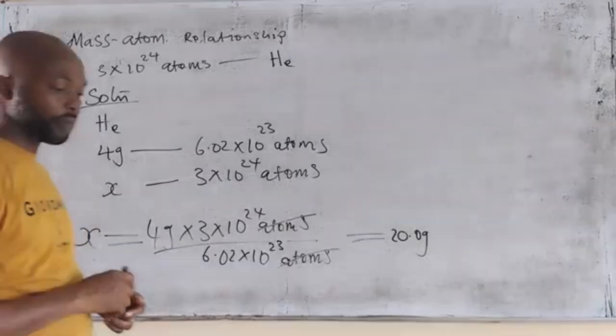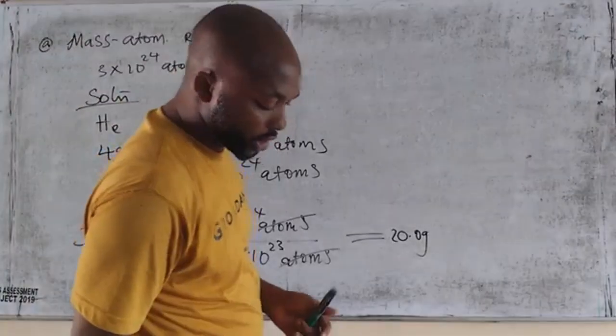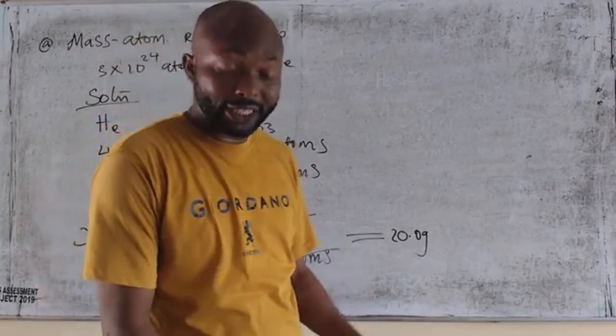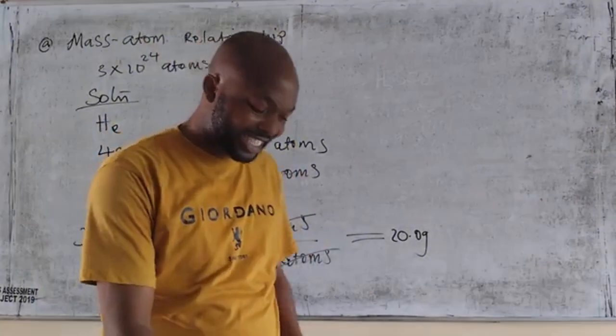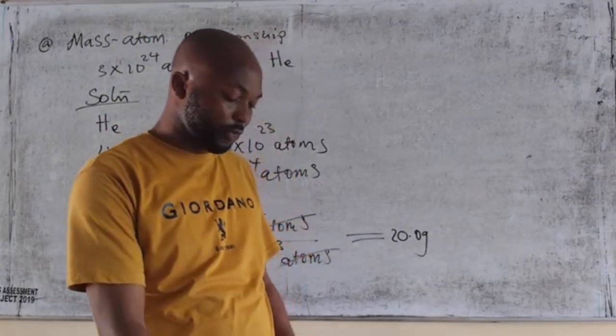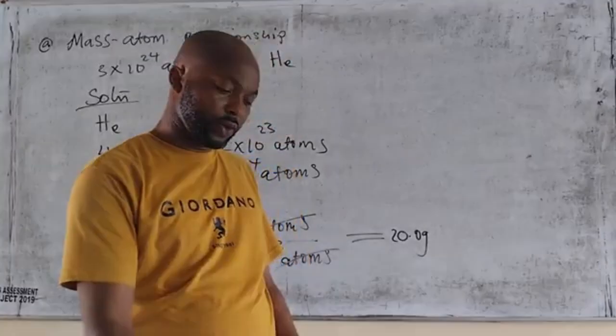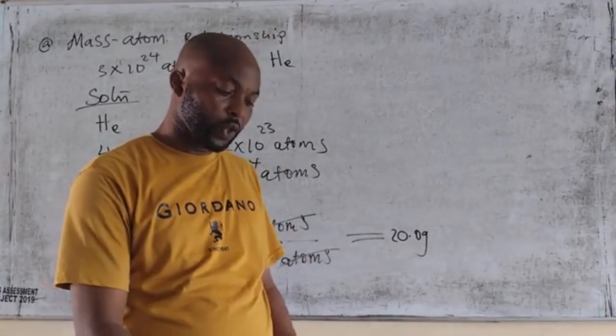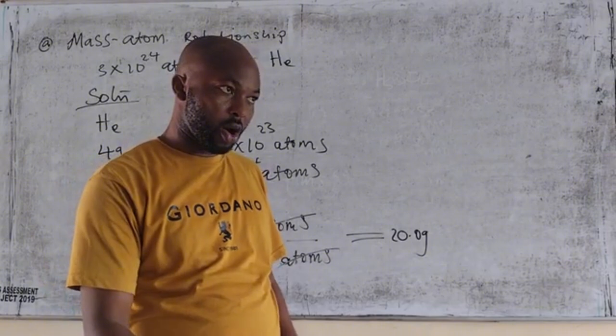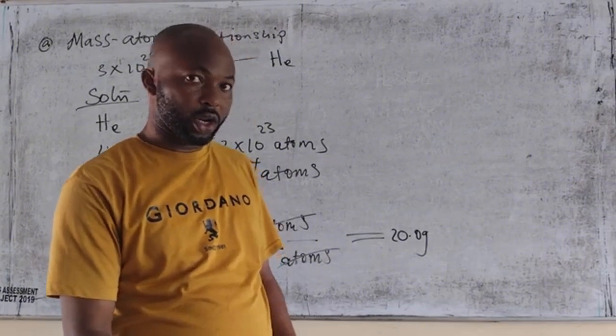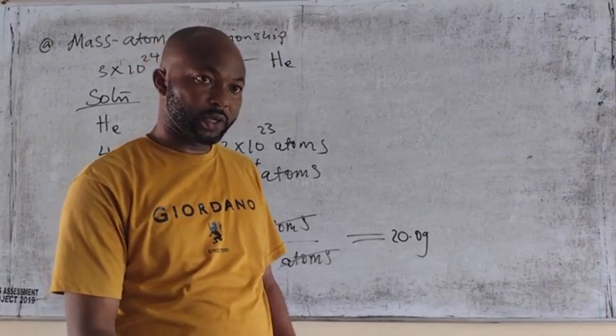So mass atom relationship. The fourth question there, let's take it as assignment. Calculate the masses in grams of 2.4 times 10 raised to the power 21 atoms of copper. So if you do that, then you take our next question to be,